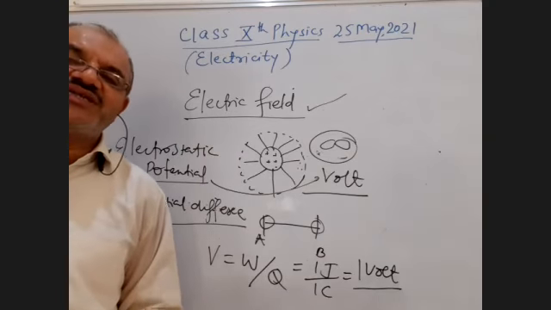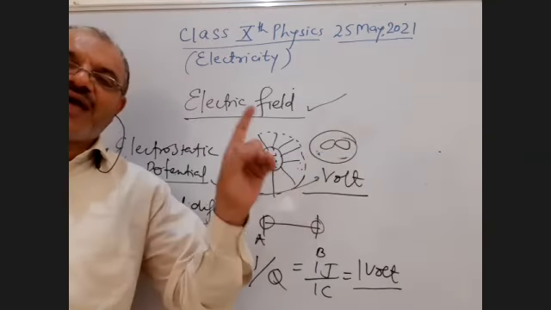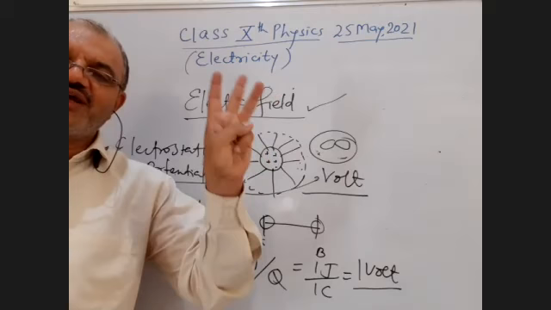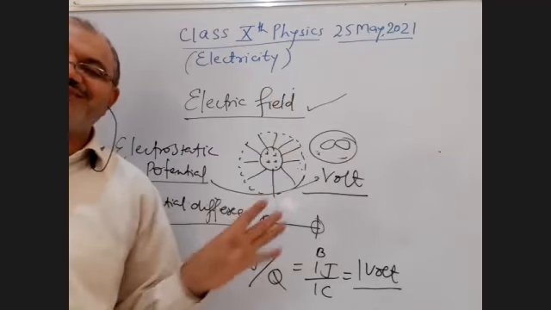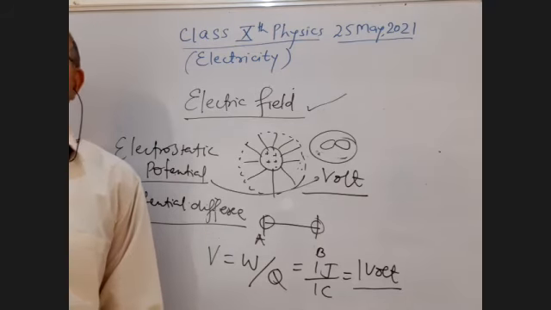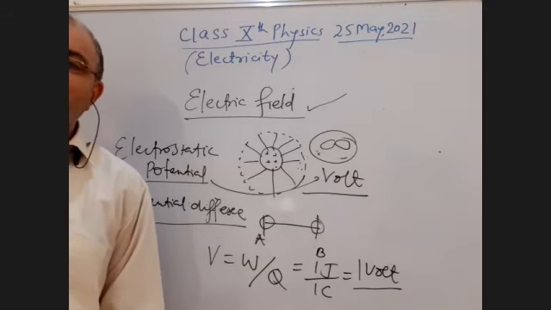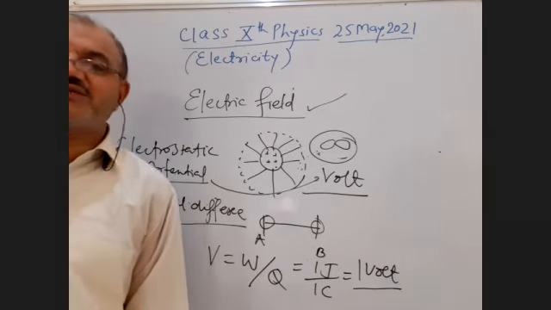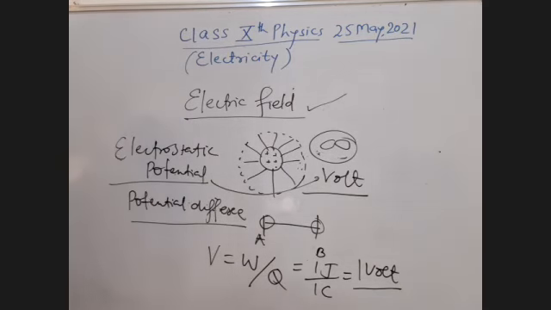Is it clear, students? I have explained all three meters to you: ammeter, voltmeter, galvanometer. So you must know the role of each and every meter, let it be ammeter, voltmeter or galvanometer. Please note down if you want to note down, otherwise I'll go to the next term. Each and every term is very, very important.